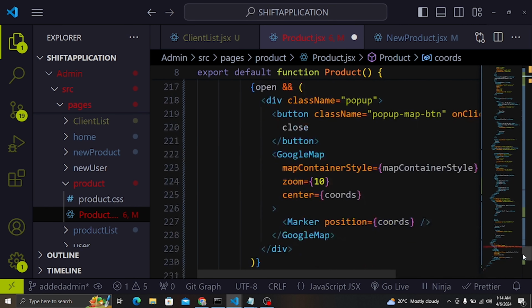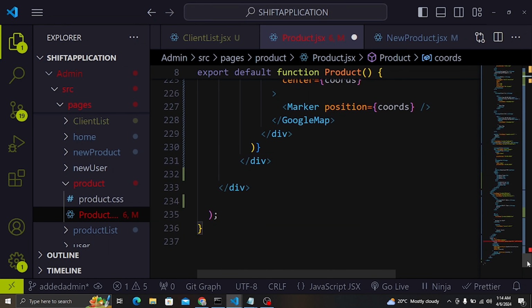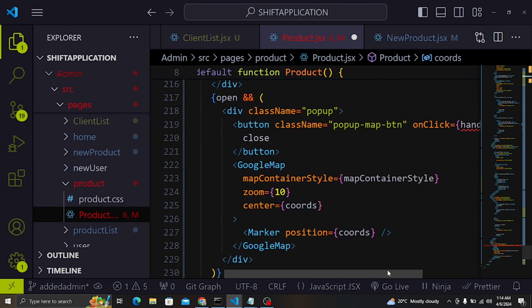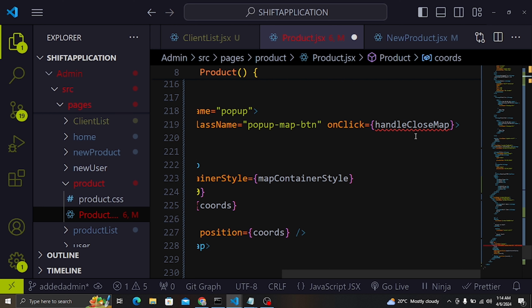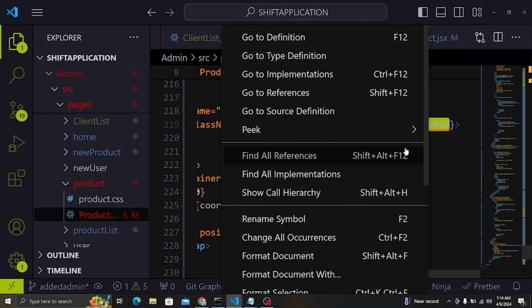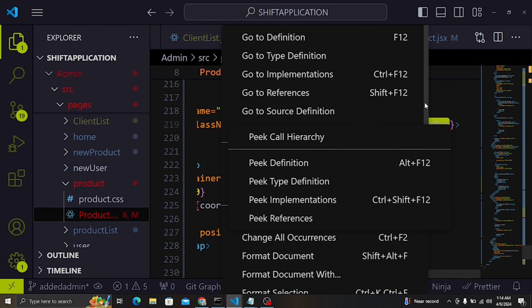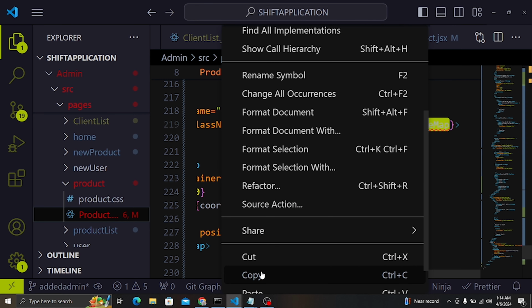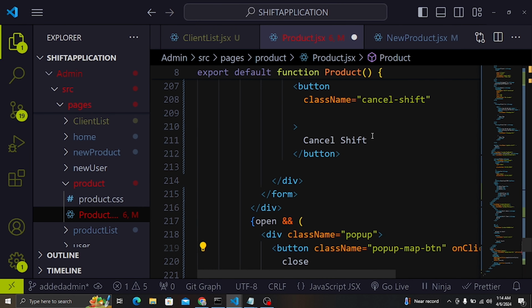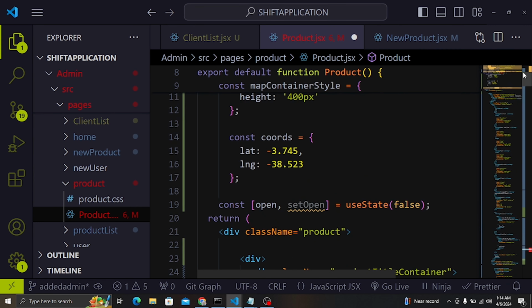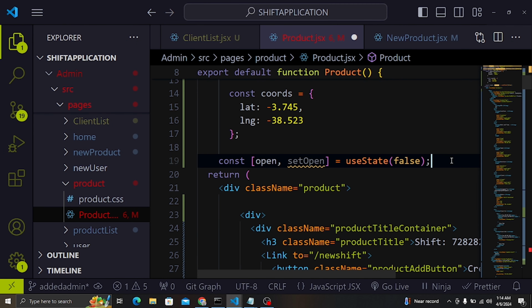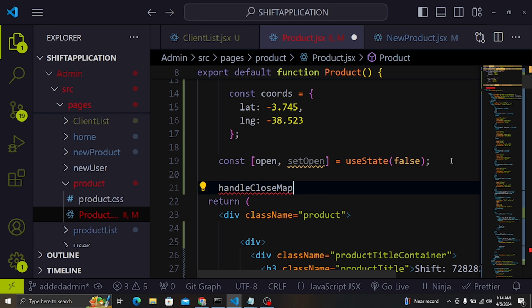And then the last thing that I want to use now, so we have this, you can see handleMap here. So I'm going to create this function here that will be able to open our map and close it. So let me copy this, and let me scroll up here. So here I'm going to do this. Let me first of all delete it. So I'm going to have this function, and of course it will be